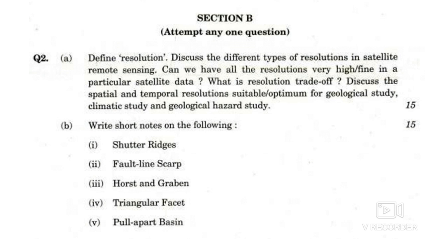Can we have all the resolutions very high or fine in a particular satellite data? What is resolution trade-off? Discuss the spatial and temporal resolutions which are optimum for geological study, climatic study and geological hazard study. So that's a long question. And